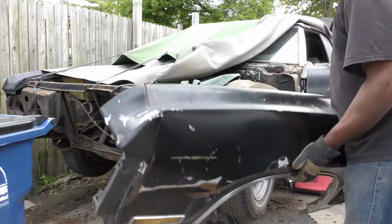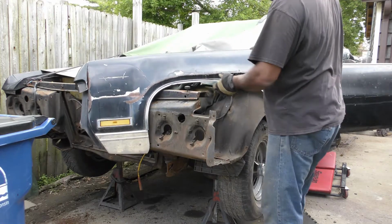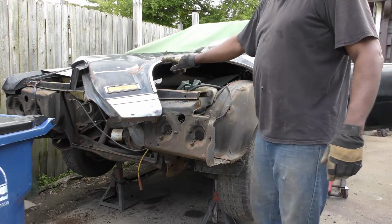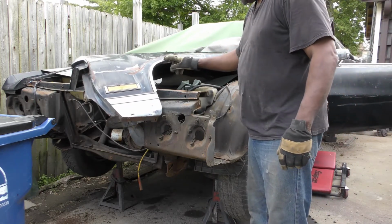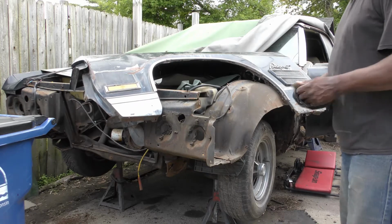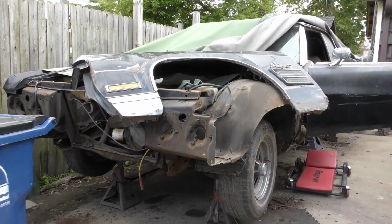Alright, so I don't want to dent my chrome up here no more than what is dented up. So you want to lay that up there. Don't be slamming it around. But alright guys, so all in all,